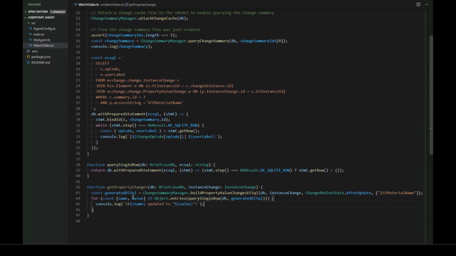So now how do we get property changes, right? The first thing we want to do is instead of an opcode, we're going to get the EC instance ID of that instance change. And we'll just call that change ID. And that means we no longer have an opcode here. We have a change ID. And so now we need to get that opcode back, and we also need to get an instance change to pass to get property changes. So we can do that via this